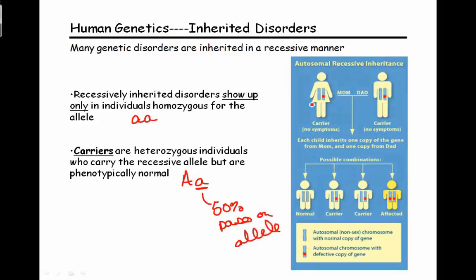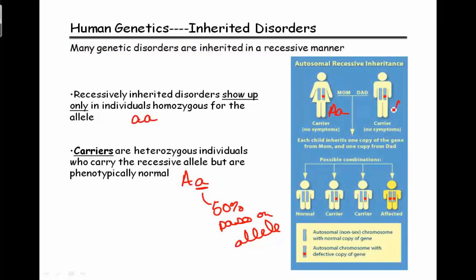If we look over here, when we're talking about genetic disorders that are inherited recessively, most often when individuals have a child with one of these disorders, it comes as a bit of a shock. So they don't expect to have a child with a disorder because it has not previously kind of run in their family. If we look here, we've got two parents that are both going to not have the disorder, but